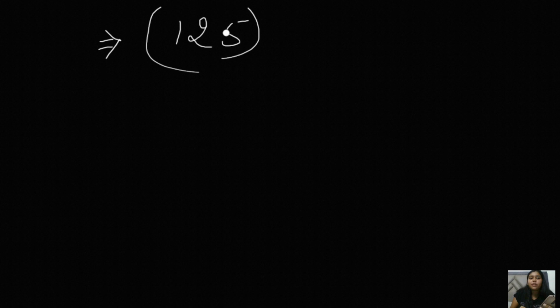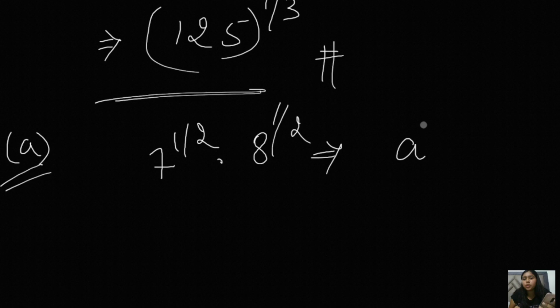7 raised to the power 1 by 2 multiplied by 8 raised to the power 1 by 2. In this case, we'll apply the rule a raised to the power m multiplied by b raised to the power m. In this case, we'll take ab with the common power m. So in this case too, we'll take 7 multiplied by 8, raised to the power 1 by 2. It means 56 raised to the power 1 by 2, and we can simply write it as root 56. Now we can solve this problem by